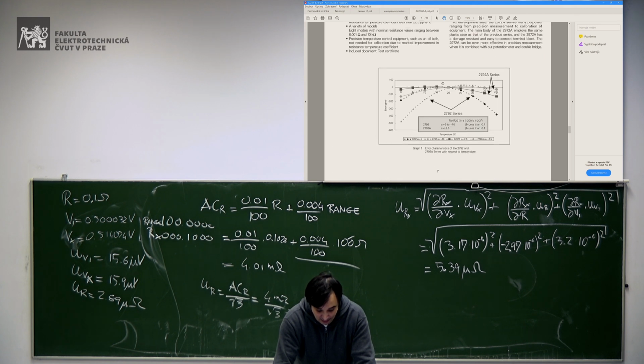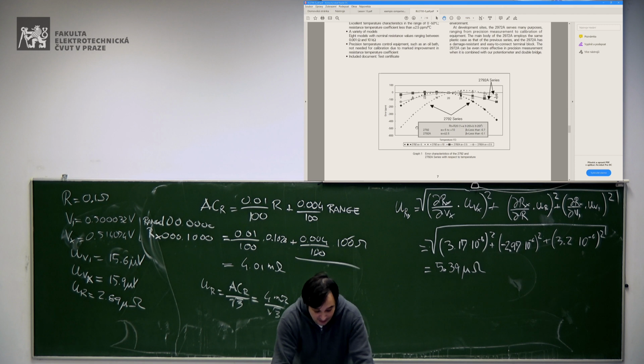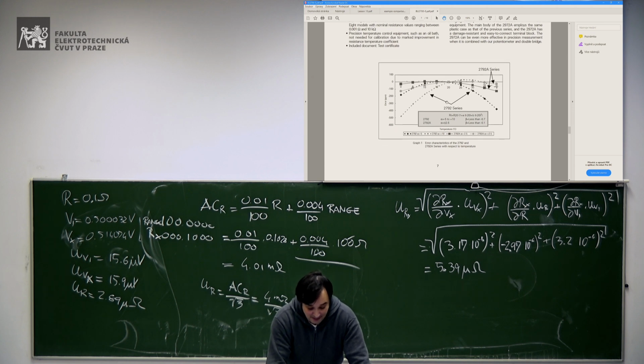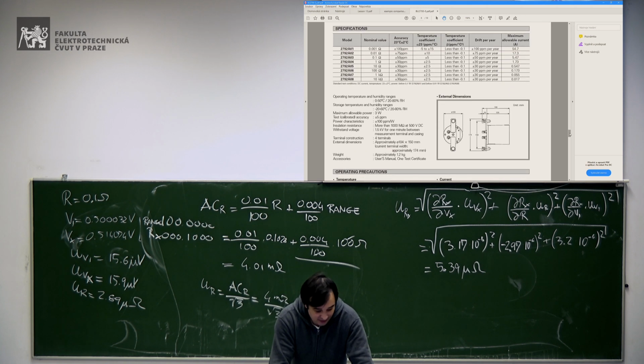This is the error in ppm given for different standards that they sell. And you see here, this 5 ppm per degree is given around the room temperature. It's not linear, so it could be slightly positive, slightly negative. So that's why you have plus minus ppm. But let's assume that you have the worst case, so let's assume 5 ppm.